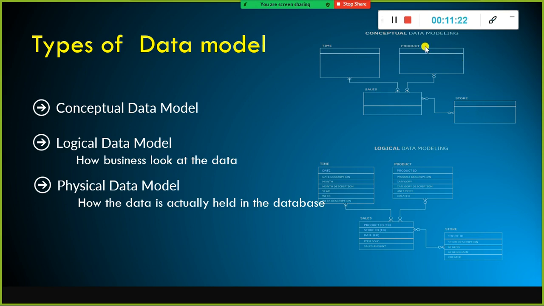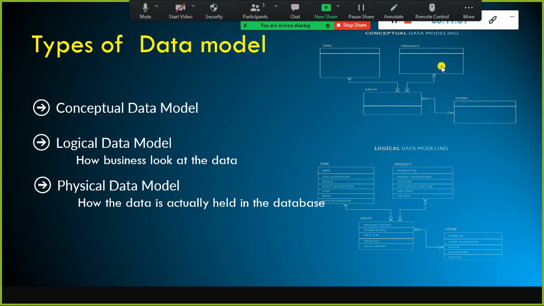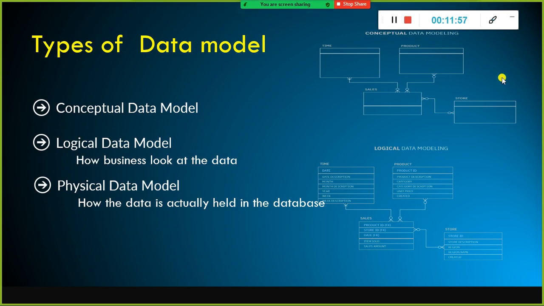So what are the properties for product? The product name, the cost price and selling price, and the effective start date and effective end date, because the price can also vary over a period of time. It is not constant. Based on the season, they might reduce the price, and when the demand goes high and the supply is less, they will increase the price also, right? So these are the unit price, stock on hand, and all those things. These are the properties of the product.